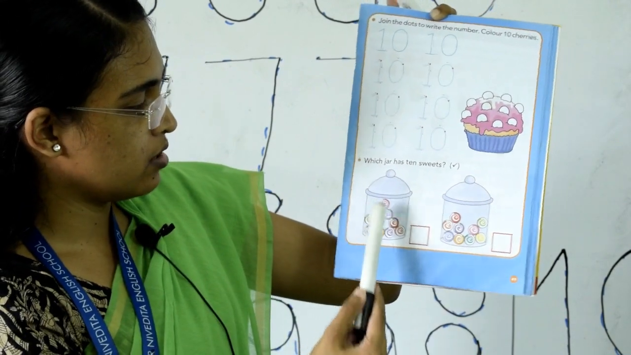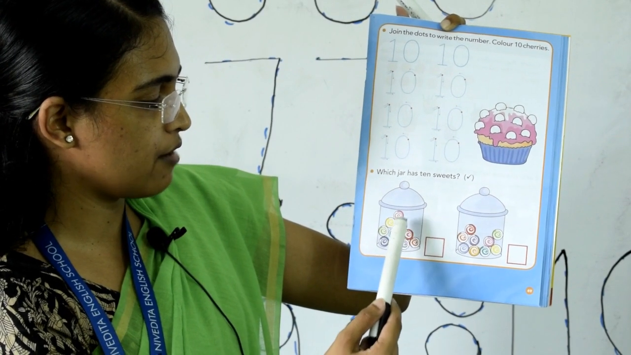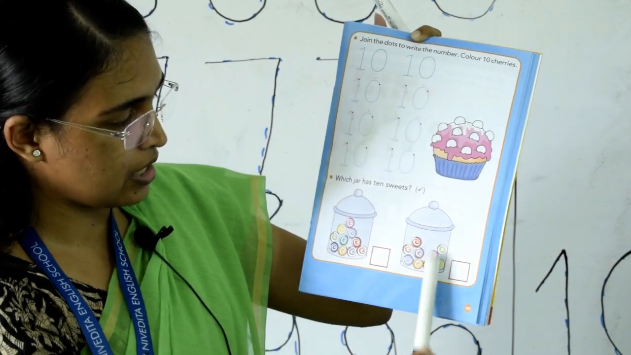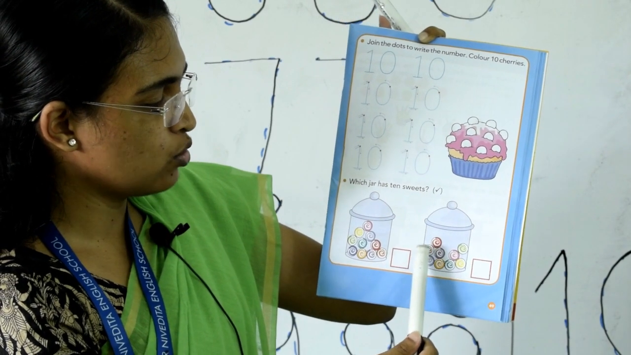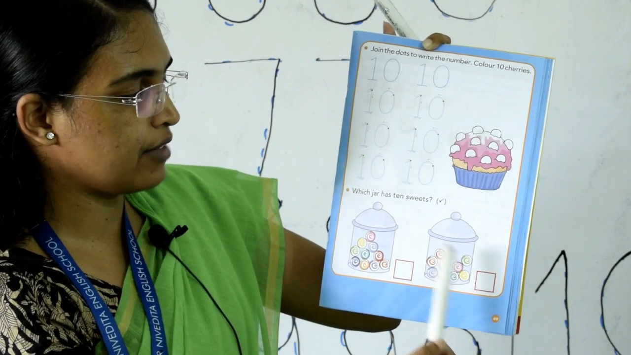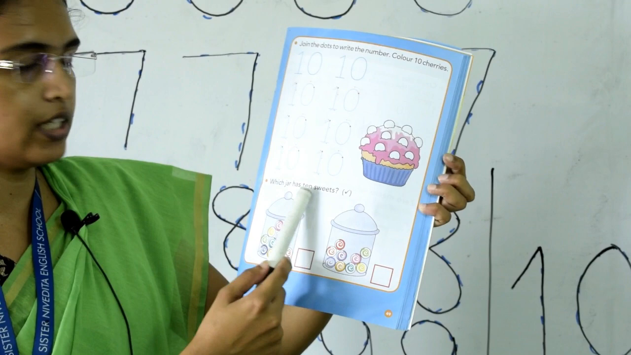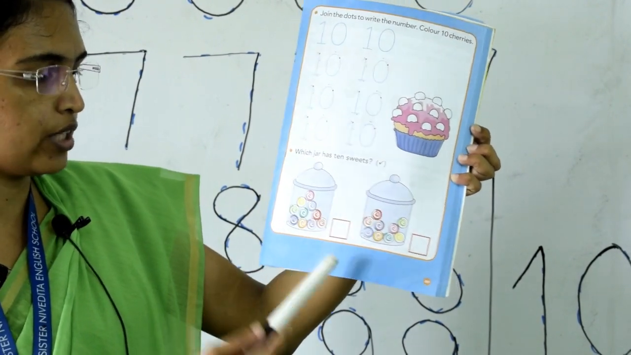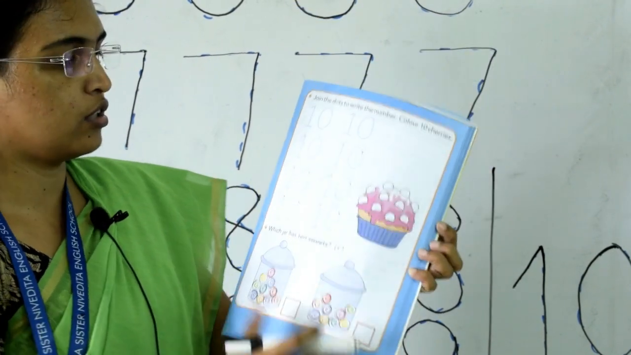Like first one is how many sweets? Let's count. 1 2 3 4 5 6 7 8 9 10. In this jar we have 10 sweets, and now let's count how many sweets are there in this jar. 1 2 3 4 5 6 7 8 9. So in this jar we have 9 sweets. Okay, so the question is we have to tick the 10 sweets, right? So in this jar we have 10 sweets, so you have to tick this box. Okay, so